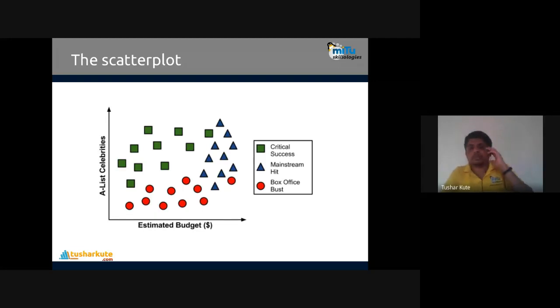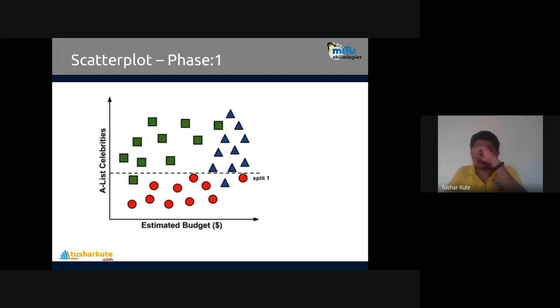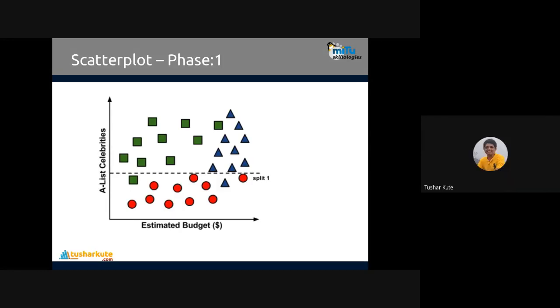Consider that misclassification can be there, but which will be the best split? This is the perfect split, phase one. I can have a horizontal split on the Y-axis, the number of celebrities, above that line and below that line. Below the line the number of celebrities is low and the red class is there, but two misclassifications are possible: one green and one blue come below the line.